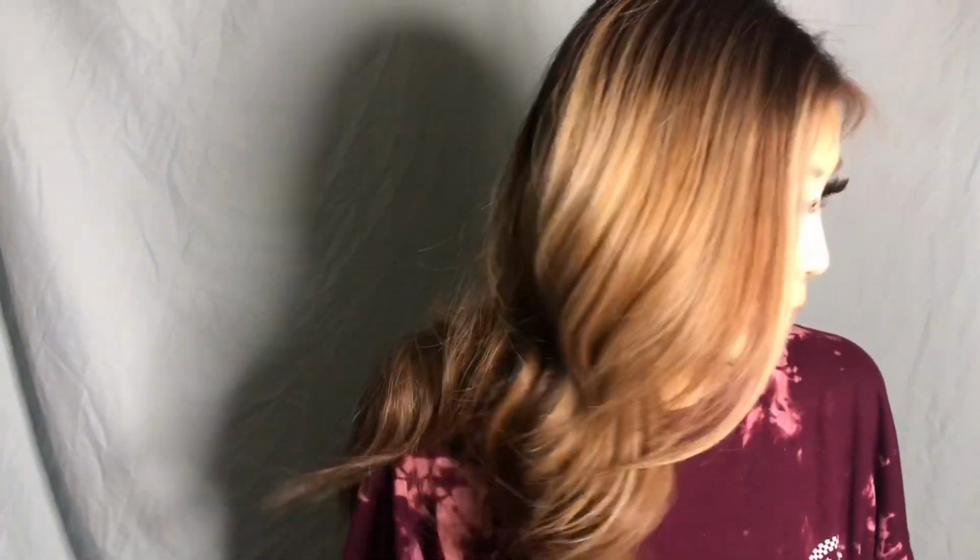Okay, so let me show you guys what I'm working with here. I took off my nasty foundation, by the way. Okay, so I currently have light brown hair. Okay, so what I'm going to do is the baby light balayage technique. I have all my foils, I have my gloves,